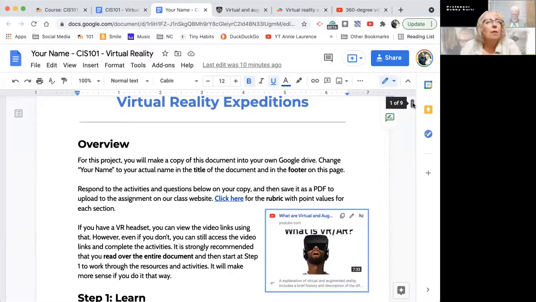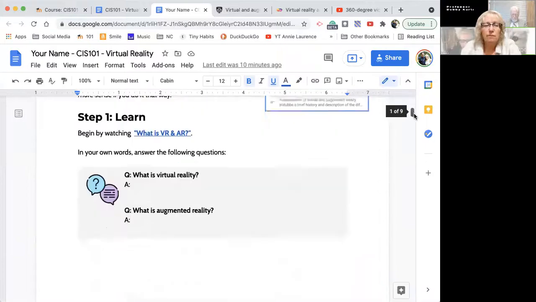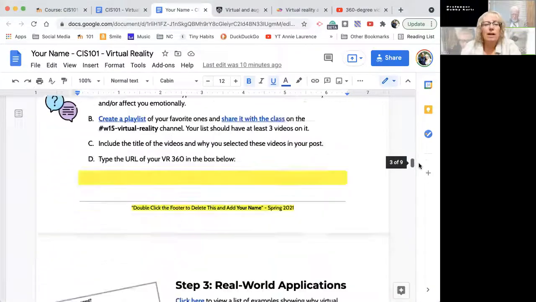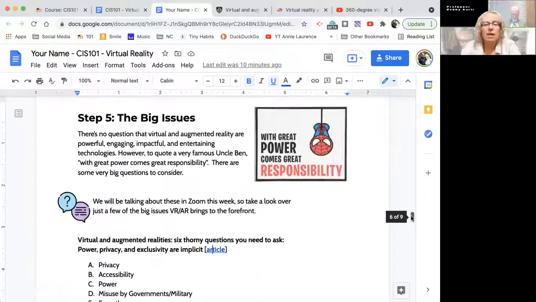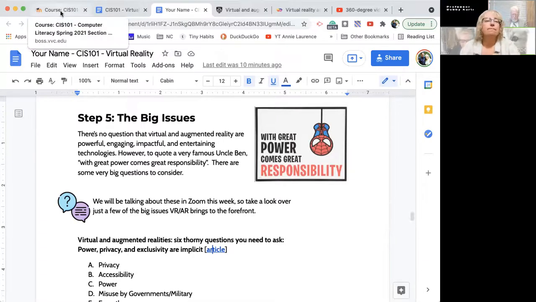and you really need to budget several hours. If you're in the earlier in the week Zoom session, then what I strongly recommend is that you jump down and do this last section, the big issue section, first. Okay, so take care of that one first so you're ready for our discussions in Zoom.